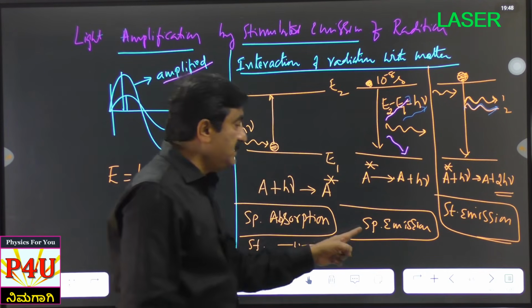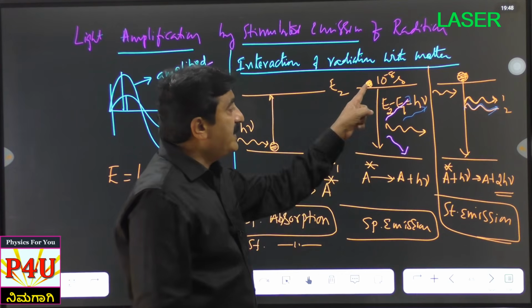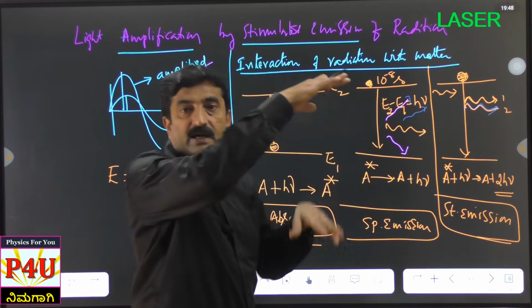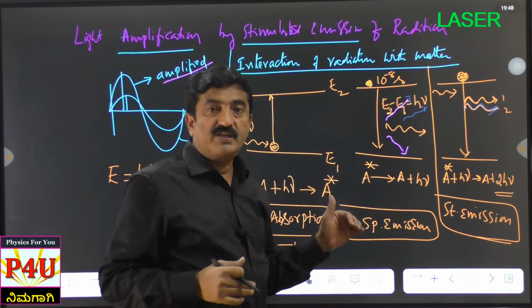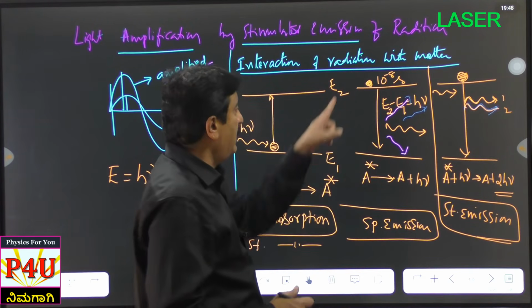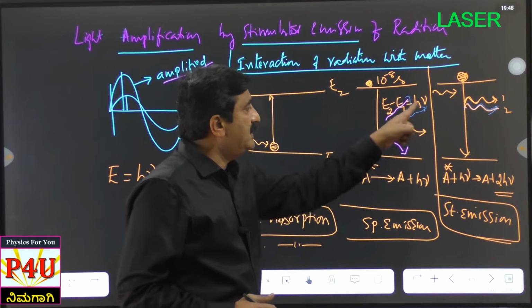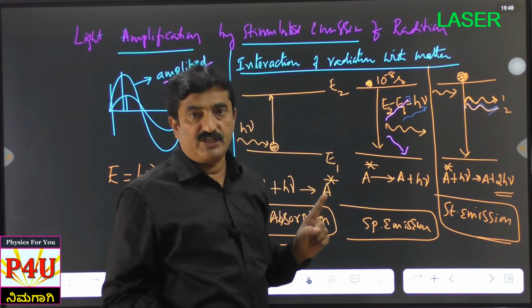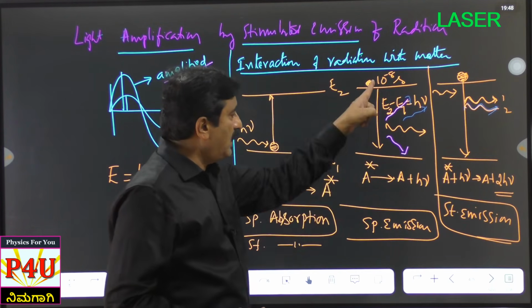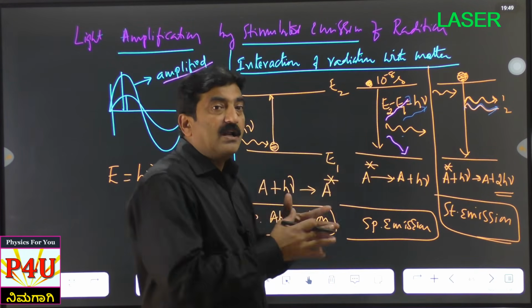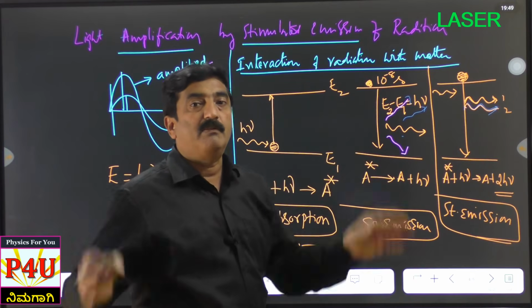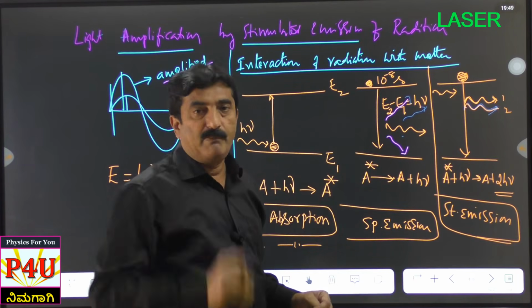Second possibility, spontaneous emission. The excited atom cannot stay in the higher level forever. It will return to the ground state within 10 power minus 8 second. While coming down, the excess energy is emitted in the form of radiation, and the reaction is A star comes down to the ground state by emitting 1 photon. This is the normal procedure in all gas filled bulbs, including your sodium vapor lamp.